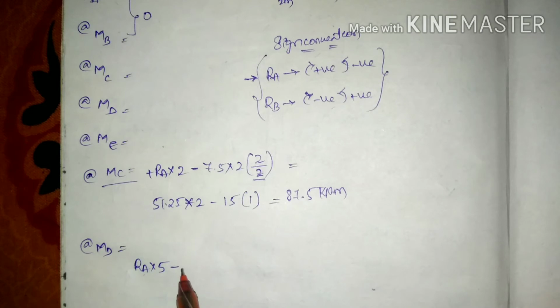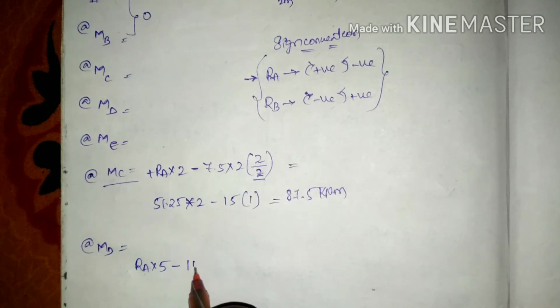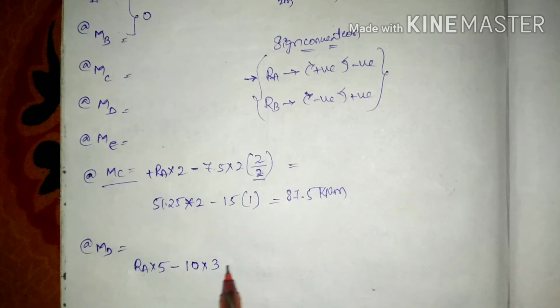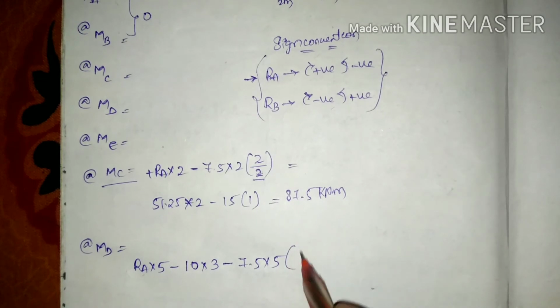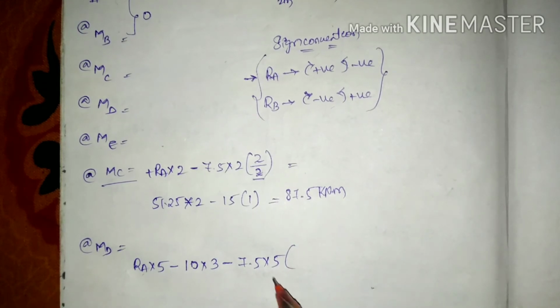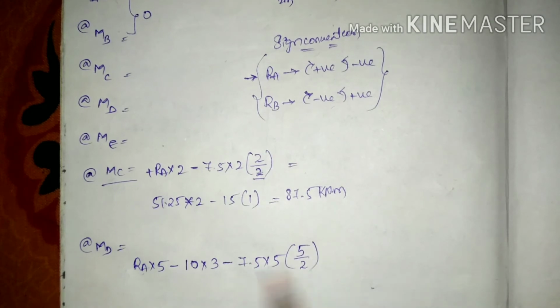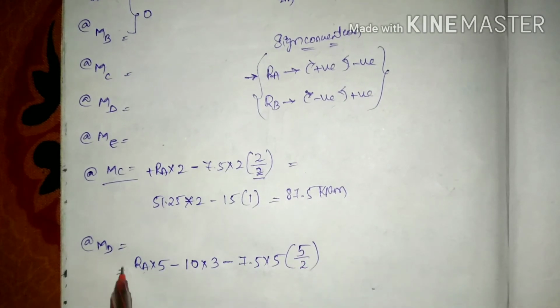Let us take the next term, a point load in the clockwise direction, 10 into 3, since the distance from C to D is 3, and thereafter the UDL, 7.5 into 5, which is converted to a point load, then take the moments from the midspan, that is 5 by 2. The value will be,